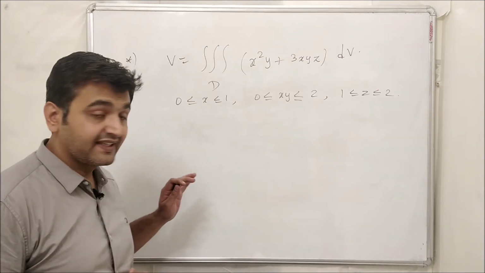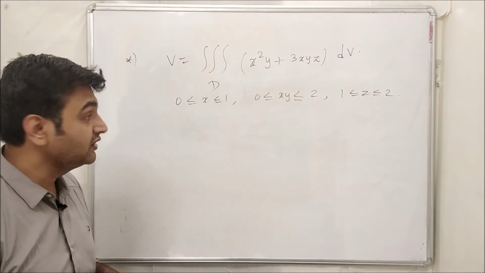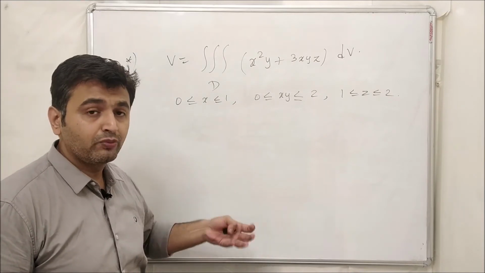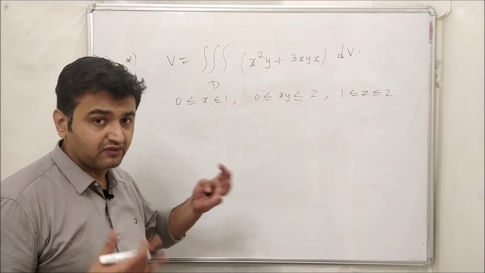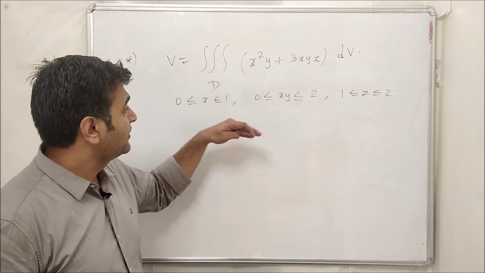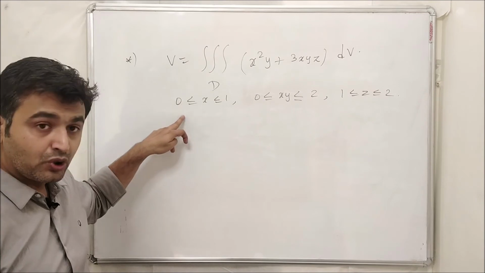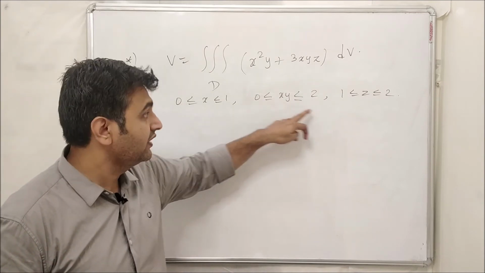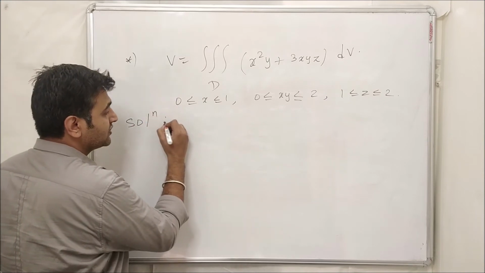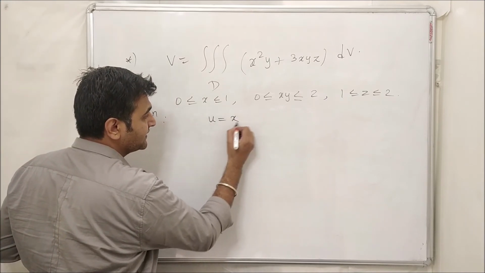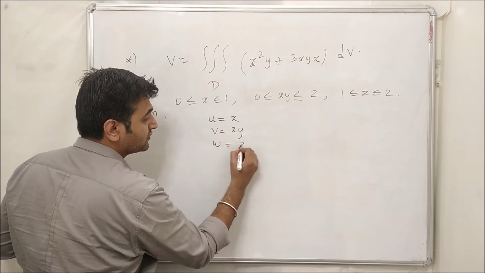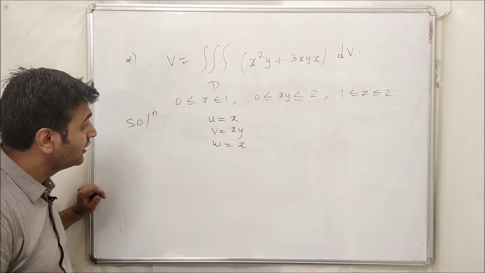Okay, now let's see one last example on triple integration. Now here, first thing, if you want to go back to Cartesian, you need to draw the region, the surface in 3-dimensional space. Suppose you don't want to draw, but then you can think, okay, x is 0 to 1, great. Here you have xy, here you have z. So what if I choose the substitution that u equal to x, v is equal to xy, and w is equal to z? Will that help me?